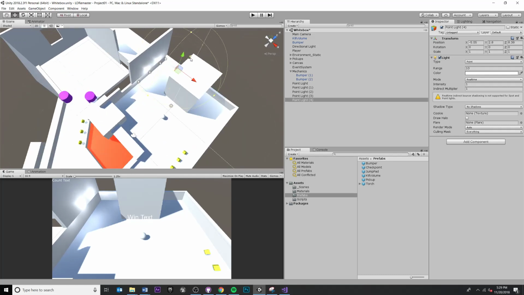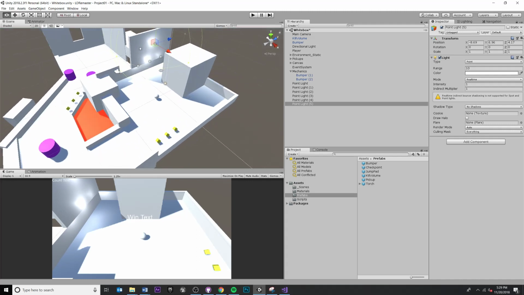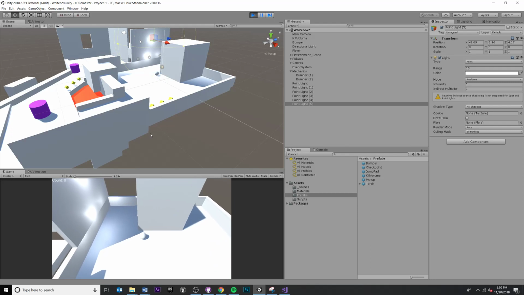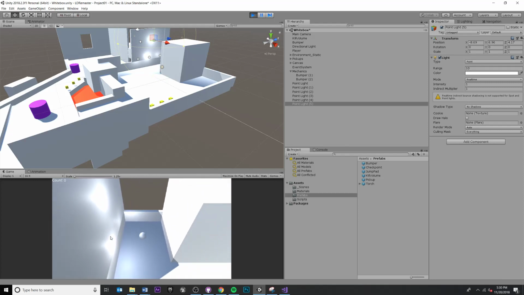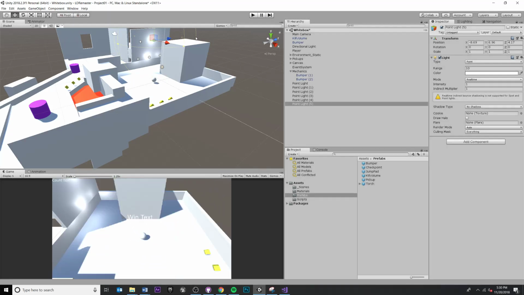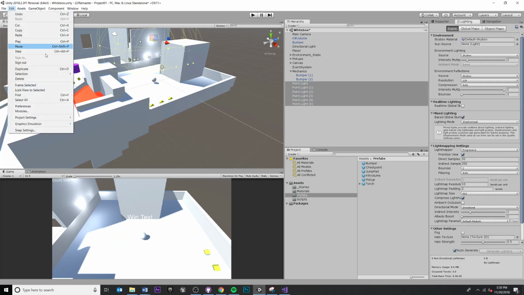As I duplicate more of these around, you see how some will kind of disappear and reappear sometimes, right? So what happens by default is Unity can only render a certain number of real-time lights at a time. So it will keep a few, but any more than a couple, it will just not render. And what this is actually doing underneath the hood is, if we go to, let me see, I think it's Edit, Project Settings,